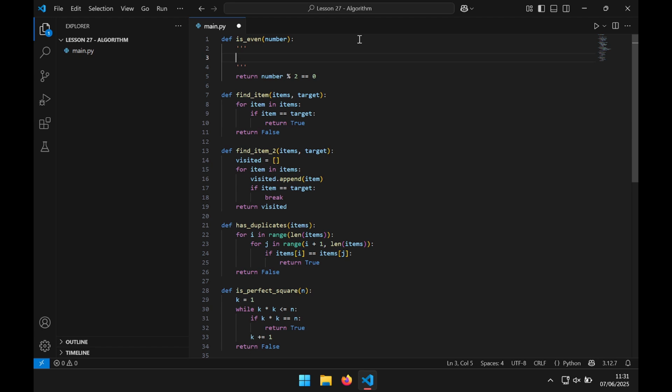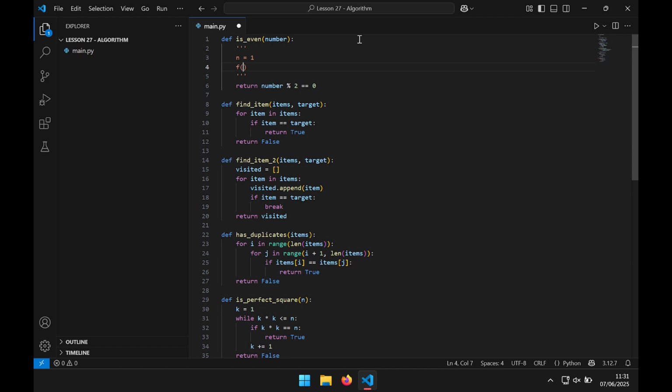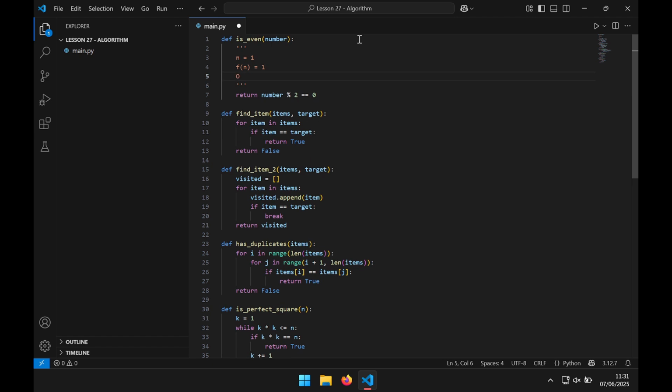So let's get started. Here we have this little function. As you may see, there is just one number and one expression with no loop, so n equal 1. So f of n is equal to 1. So big O of 1 for the time complexity and big O of 1